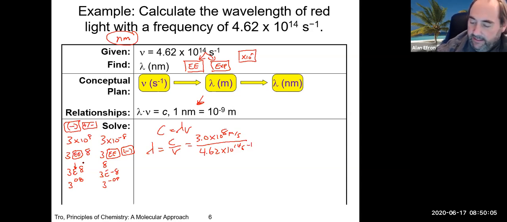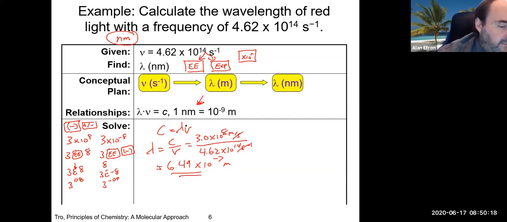And that would be 6.49 times 10 to the minus 7. The units here would be meters, as the seconds would cancel. Now, since we're going for nanometers in this particular case, which is a common conversion, this is our conversion, and